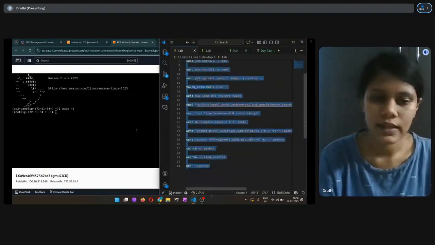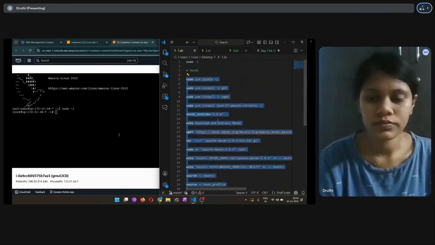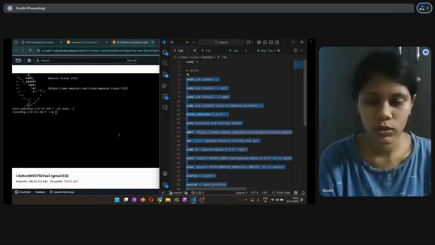yes, we are selecting it, and then paste it here. So first select the complete code, and then paste it here.